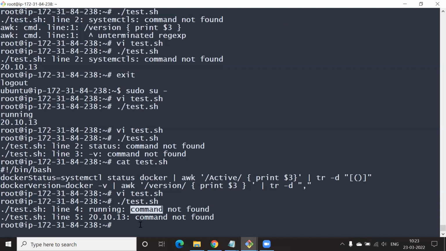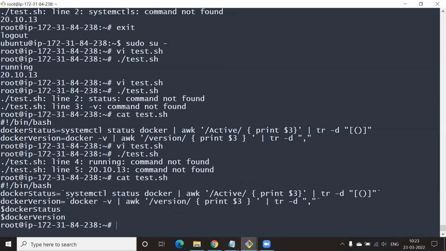Could you please cat it? Okay. Docker status, Docker version. So line 4 running. So in other words, just say echo here. Echo dollar status and echo dollar version.